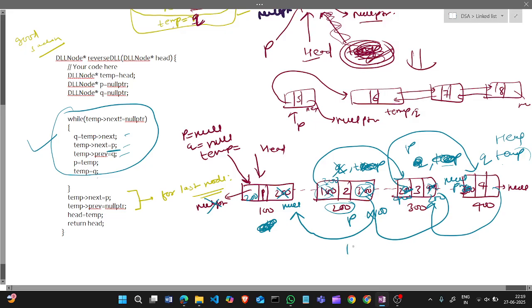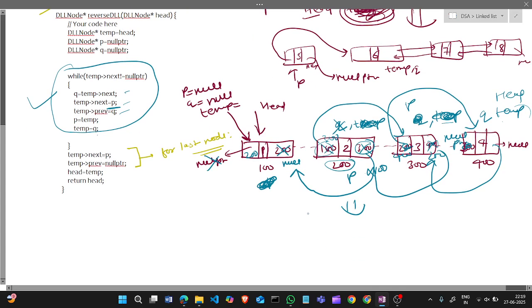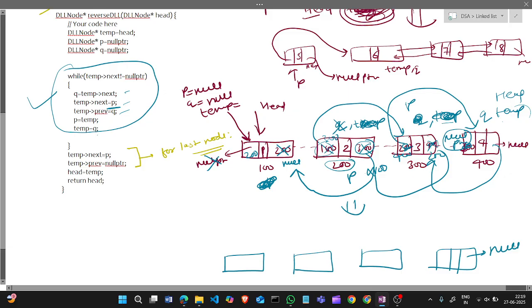So can you imagine what it makes? See, this is exactly looking like this. It is reversed. So this is the null pointer.